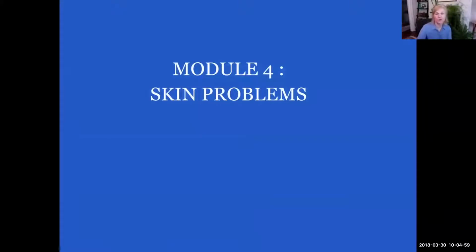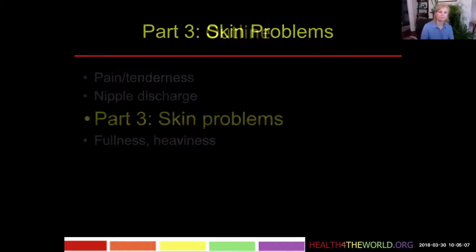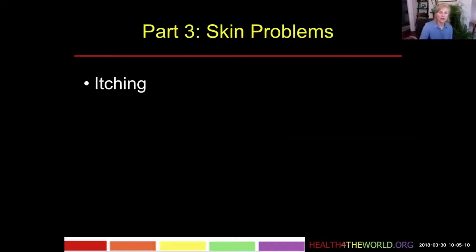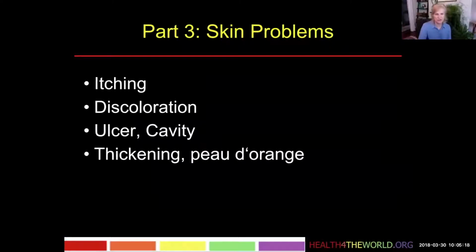Hello again. So now we'll move on to Module 4, and this module is all about skin problems in the breast. First, patients can have itching, they can have discoloration, and they can have ulcers or cavitation in the skin. And lastly, patients can present with thickening, or the more concerning kind of thickening, the peau d'orange or skin of